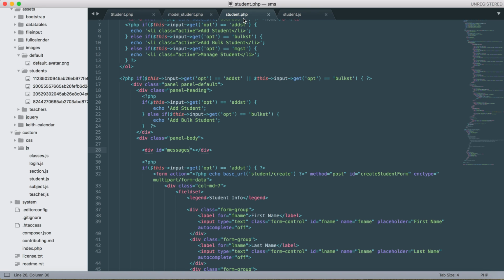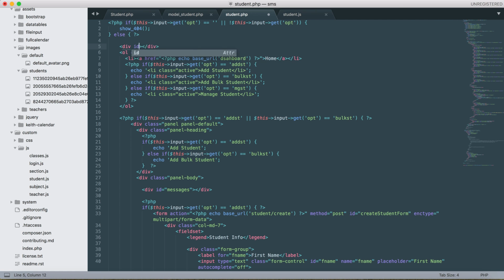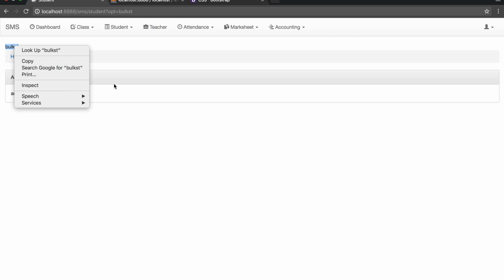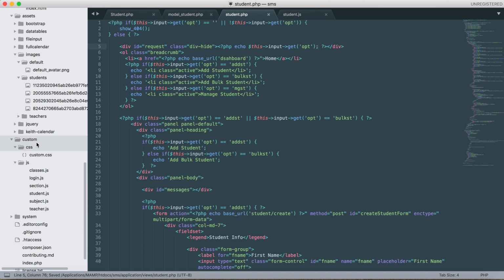So to do that, we'll add a simple hidden input for this. Let's add a div with id request, class div height, and the code base input get or option. So if we refresh, this is now displayed. So to hide this, we'll do it from CSS. So copy this,